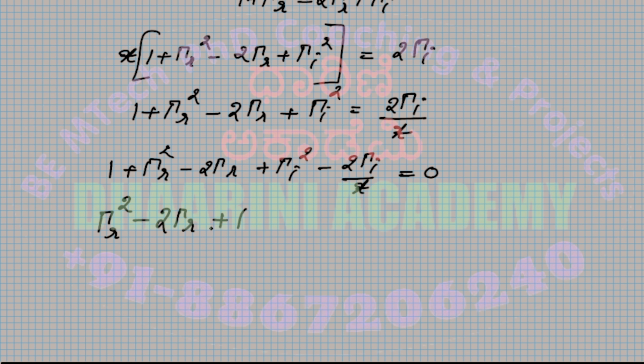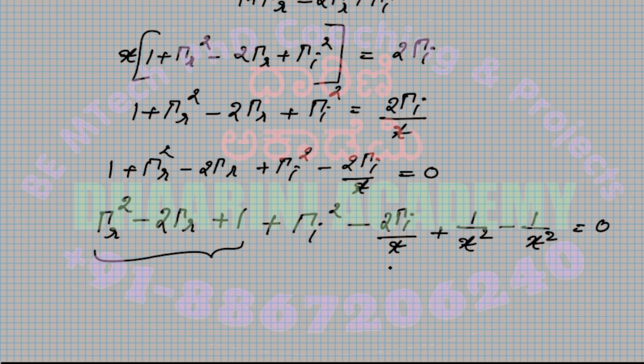Then I'll write the term which I will try to make a square now. So that is plus gamma I square, which I already have, minus 2 gamma I by x, which is also what I have. In order to make it a perfect square, I need 1 by x square, and I subtract 1 by x square. Right hand side equal to 0. So you see that